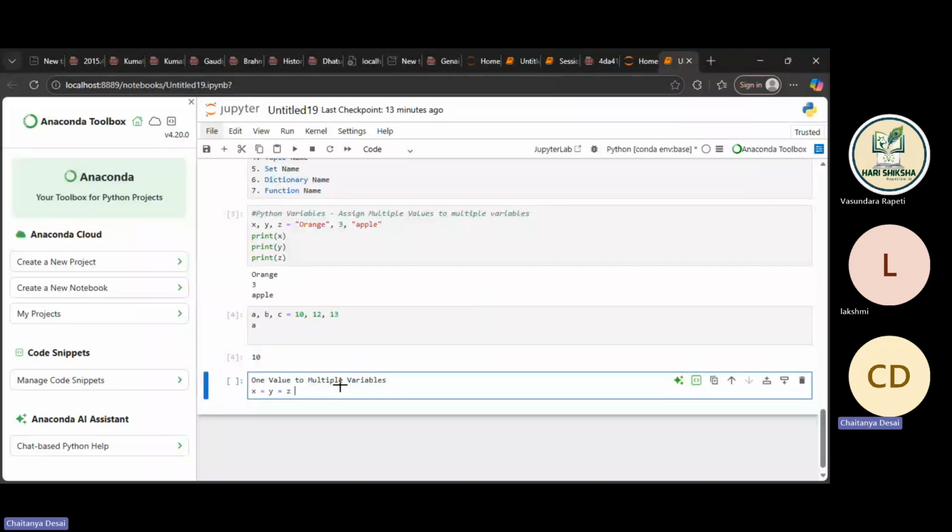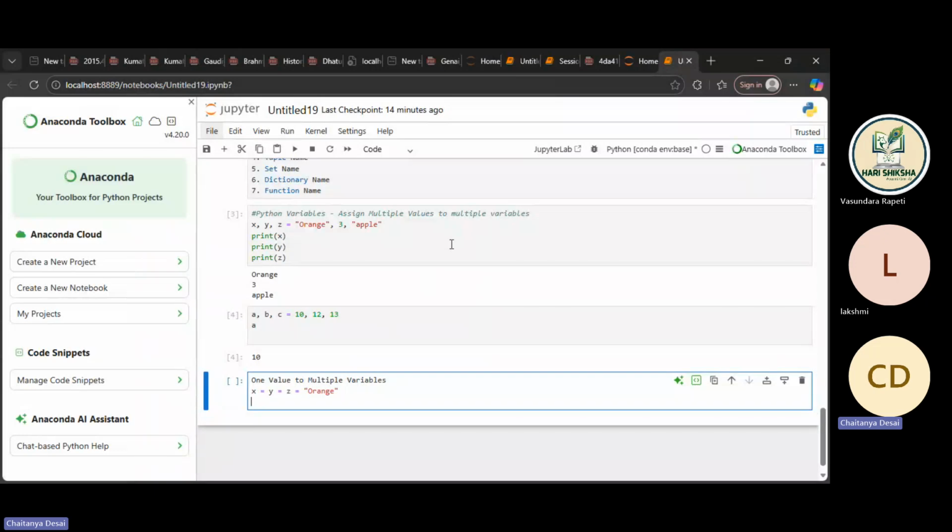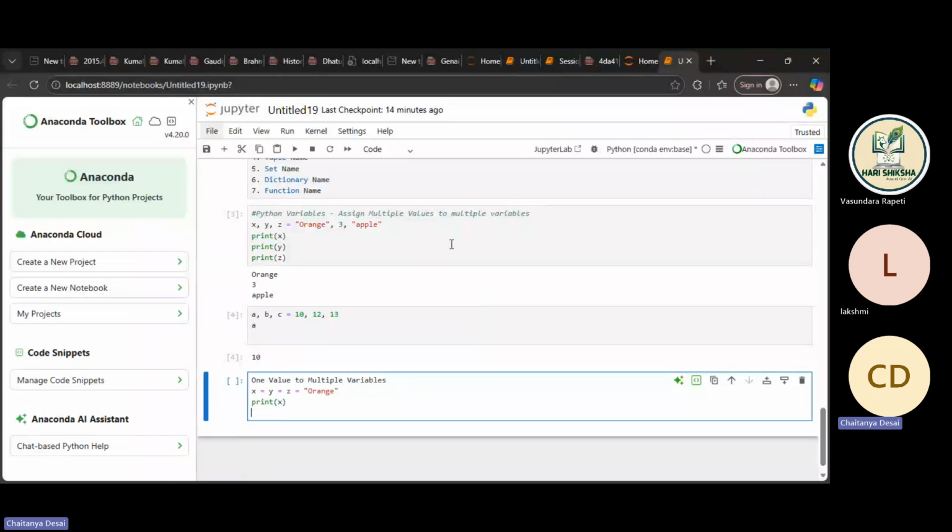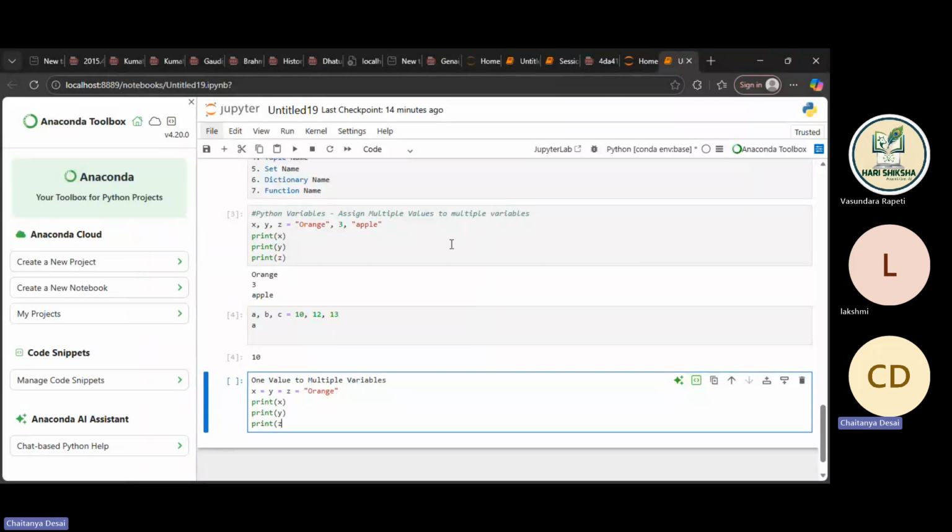So the content which is in the variable x is also the content of y, and the content in y is also in z. For example, we are storing the string value orange. Now if we print the x value, the y value, and the z value,